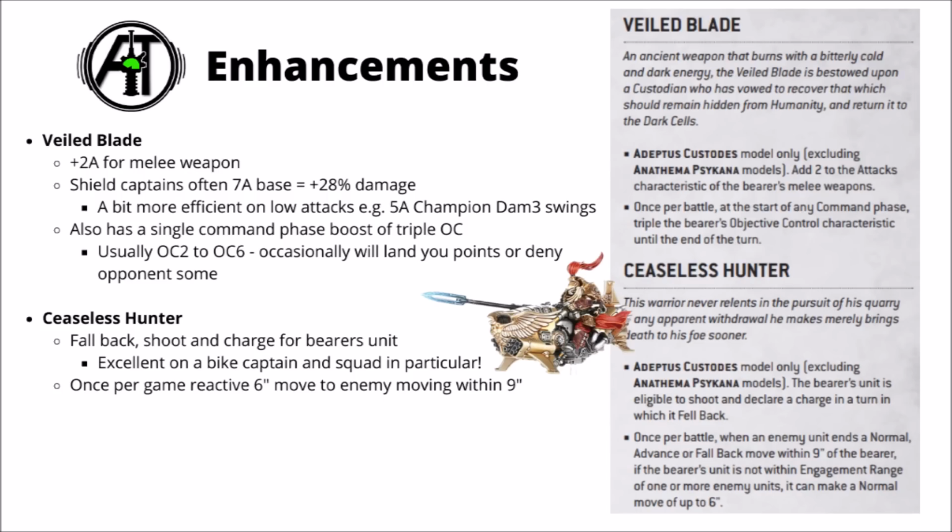Ceaseless Hunter allows you to fall back, shoot and charge for the bearer's unit. Seems really quite nice on the Virtus Praetors, that one. They're likely to be throwing themselves towards the enemy, perhaps charging something and then consolidating into something else. If the opponent can't slay them on the counter attack, they're just the unit that you want to be able to fall back and shoot with and then charge again. It means that the Interceptor Lancers get the +1 to wound again, and you'd be able to utilise their decent enough shooting. Definitely looks like a handy one to have on a Virtus Praetor captain,